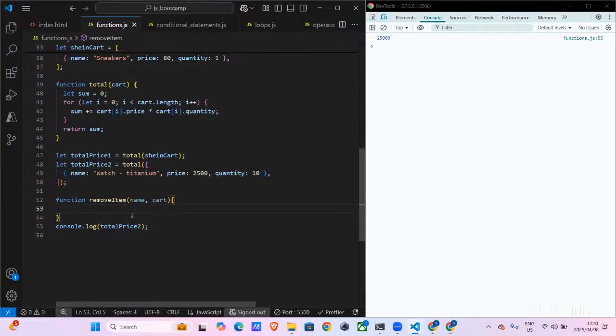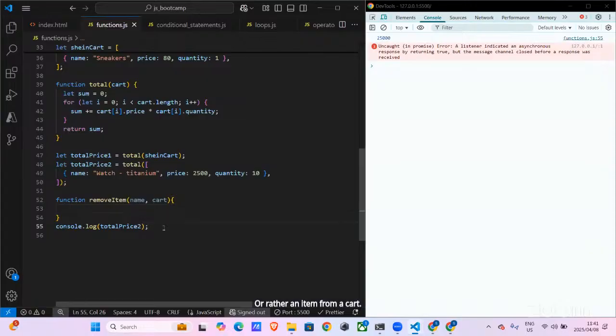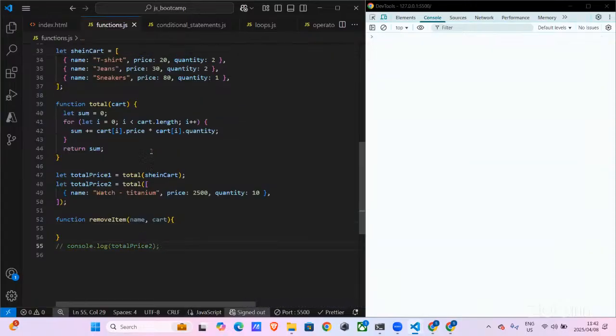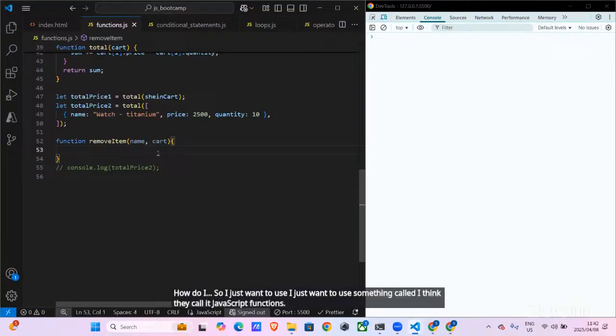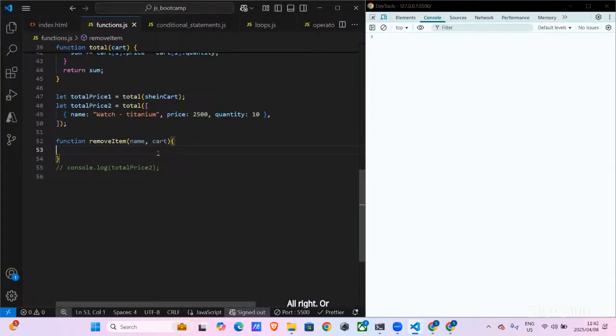Okay, so I want to remove an item from a cart, right? We're still going to use the same Shein cart. I just want to use something called JavaScript functions, or array functions rather. Basically, these functions will help you